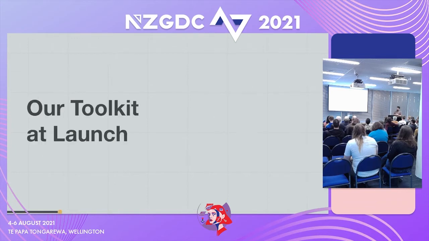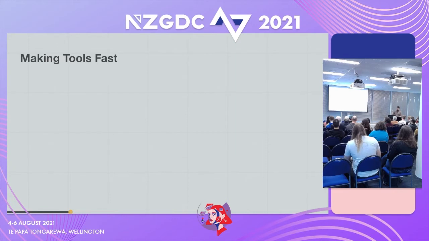So our toolkit at launch was kind of sad because we had about 10 months to make the game, which is not a lot of time to make a game. And because of that short time budget, a lot of our tools were made very quickly, but some of them still stuck around. There's still a lot we can learn from reflecting on these tools at the time, and the main thing is just how to make tools really quickly. So one of the earliest tools we had in Mini Motorways was